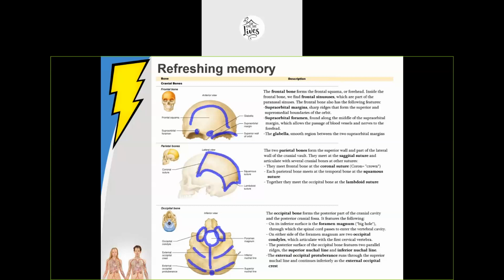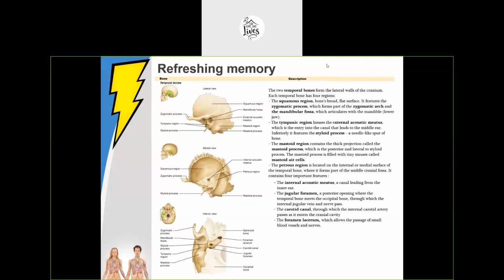As for the connection of the occipital bone to the parietal, I already mentioned this is by the lambdoid suture, and its connection to the temporal bone is by the occipitomastoid sutures. Anteriorly, the occipital bone articulates with the sphenoid bone, and this part is making up the basal part of the cranium. Next, we have the temporal bone that are again paired bones connected to the parietal bone by the squamous